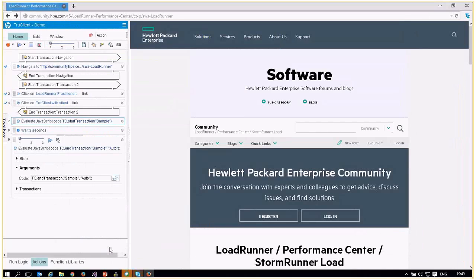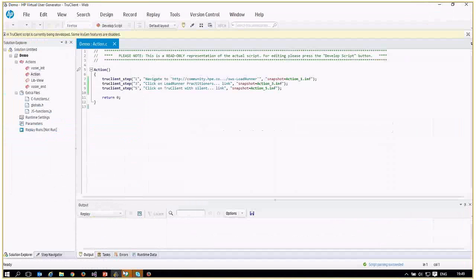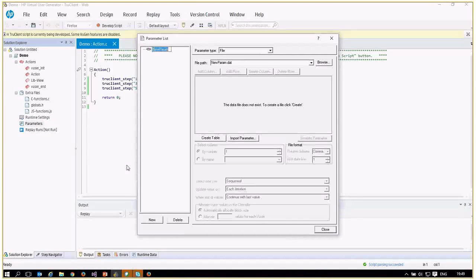Let's talk a bit about parameters. I've heard people asking how do I create a parameter in a TruClient script. It's very simple. It's just like any other protocol. I'm just going to VuGen, to the parameter list, defining a parameter,